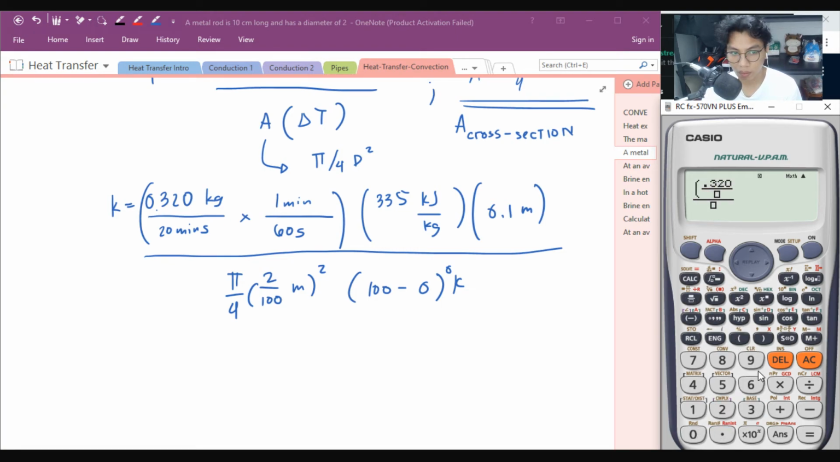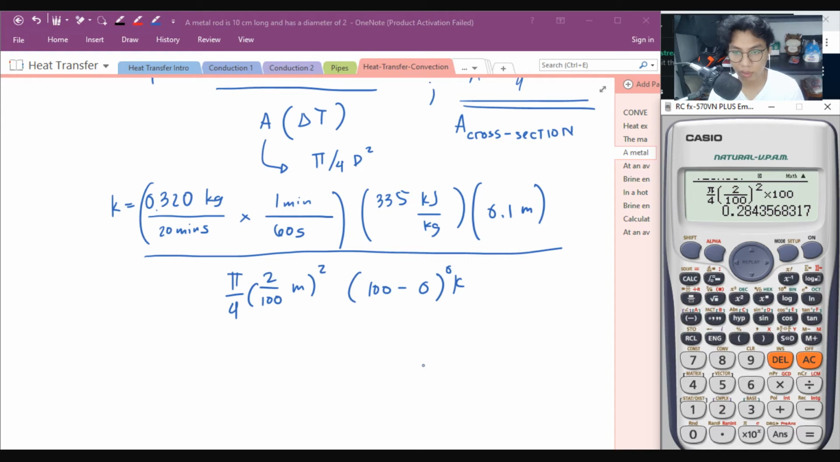0.320 times 60 multiplied to 335 times 0.1 divided by pi over 4. Uy, mali. Yan. Shift pi over 4. D squared, that is 2 over 100. Square mo. Multiply to 100. So, the answer there will be,